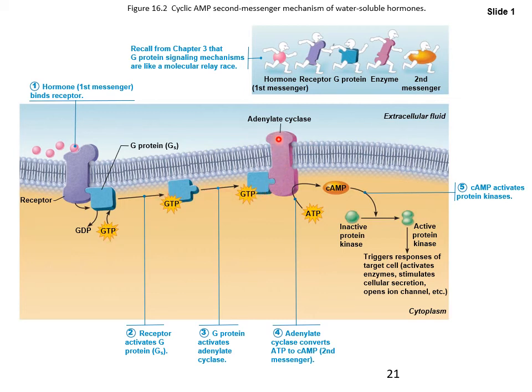And then it goes and binds to an enzyme that's called adenylate cyclase. Adenylate cyclase changes shape, opens up binding sites for ATP. ATP is transformed into something called cyclic AMP, and this is your second messenger. And that cyclic AMP carries out the effects that the hormone wanted to do originally but can't get in, so it depends on a second messenger to carry out those effects. So activating protein kinases, opening up ion channels, causing cellular secretions, all those things are carried out by this